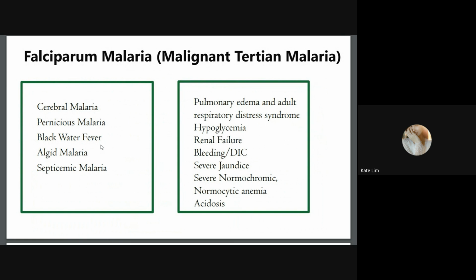Hemolysis, if you remember, is the destruction of your RBCs, leading to the release of hemoglobin into the bloodstream. If your RBCs rupture or lyse, this hemoglobin is then filtered by the kidneys and excreted in the urine, giving it a distinct dark, almost black color, hence the name, black